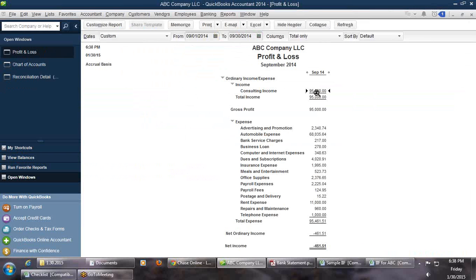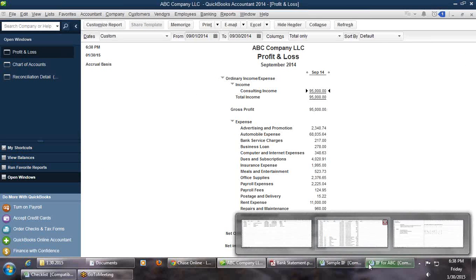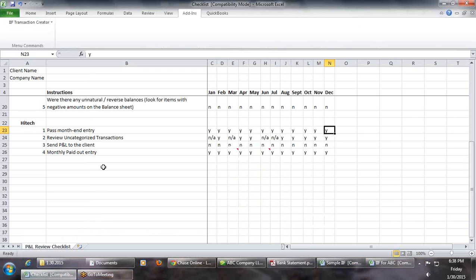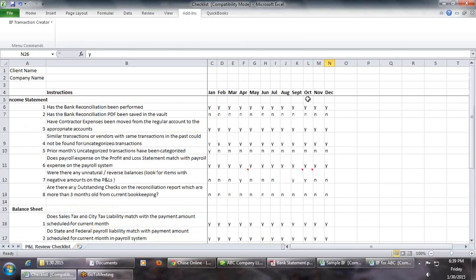Once this is passed, the balance in QuickBooks for the income account will match with the balance on the sales tax return as well. So this checklist helps us to ensure that none of the entries are missed out and the financials are correct. I hope this has given you